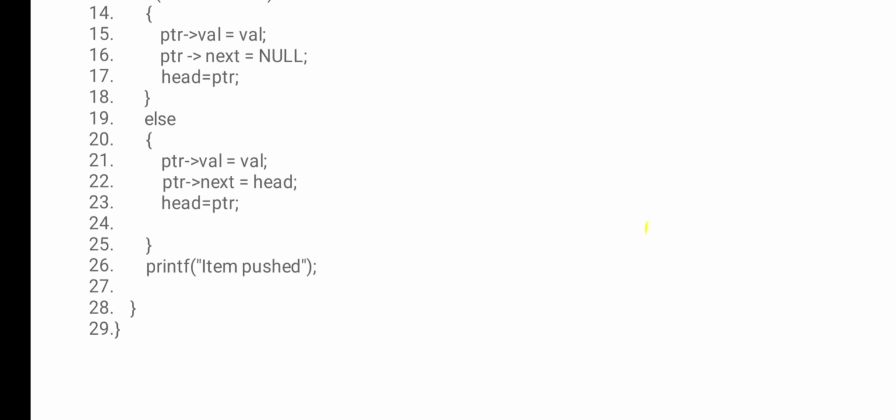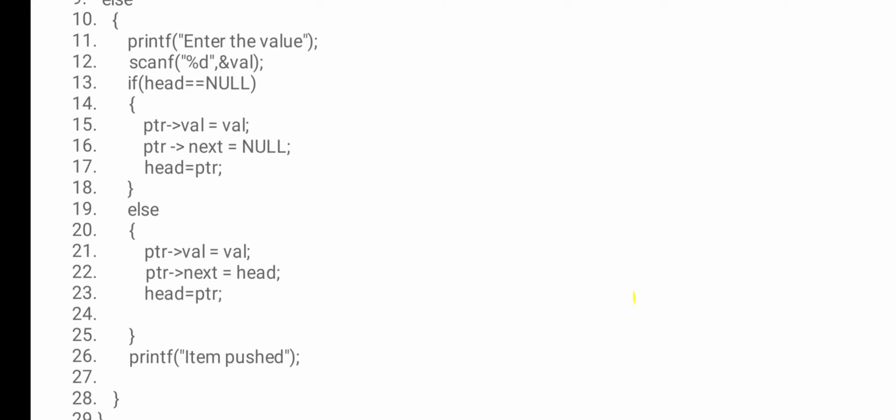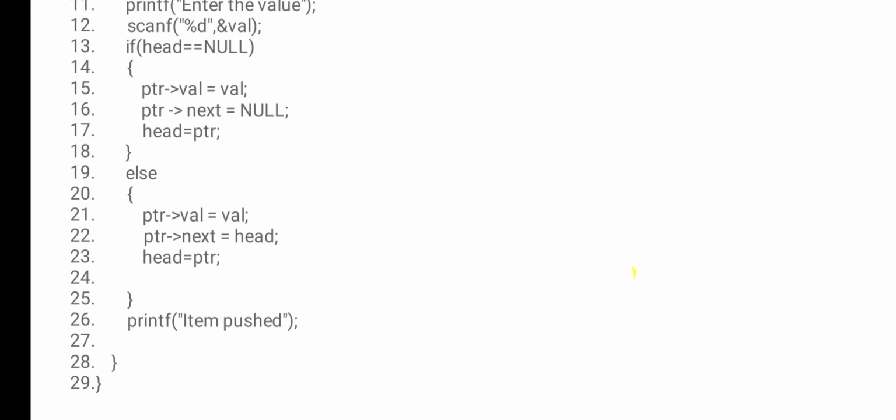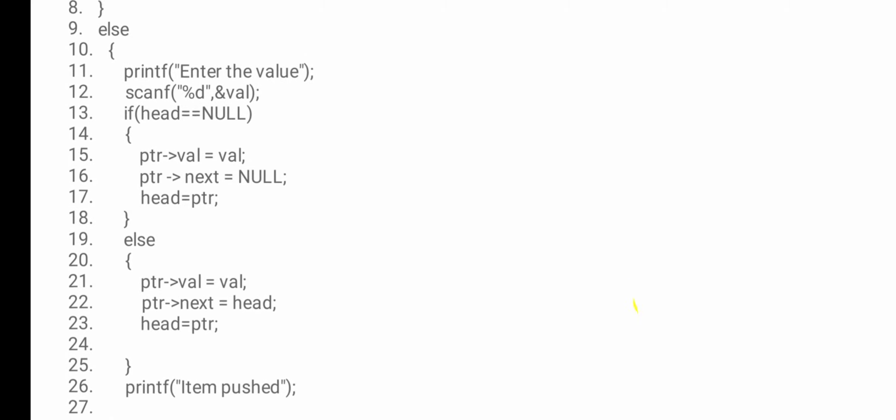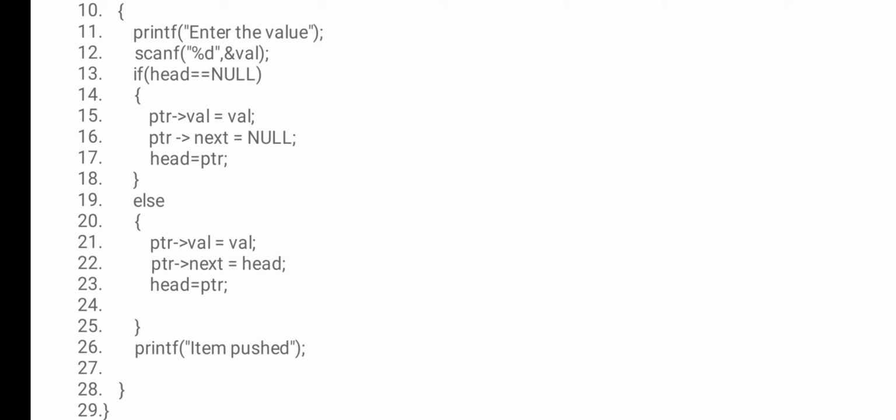Else, if head equal to null is false, meaning the stack already contains some elements, then ptr to value is equal to value, and ptr to next is equal to head, and head is equal to ptr. So this is if values already exist in the stack. This is the second case. And then print item is pushed. So in either of these two cases the value is placed.